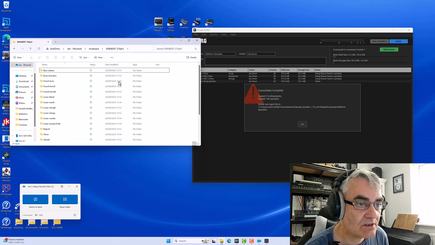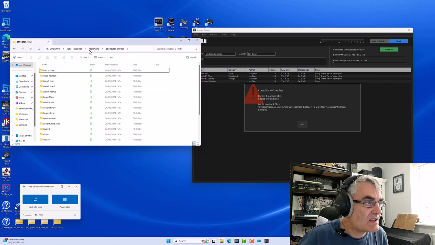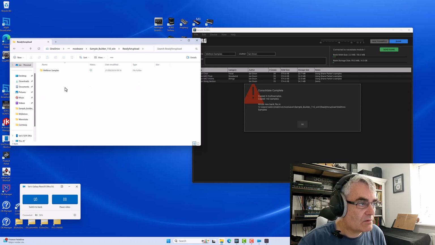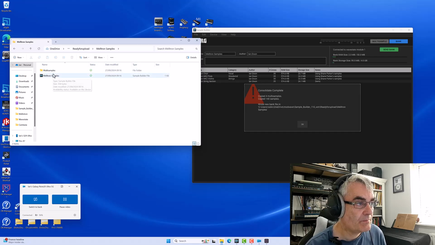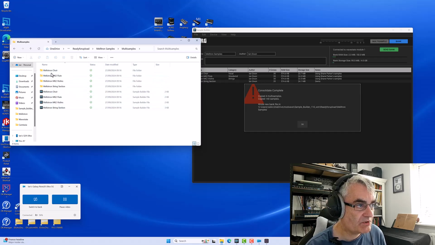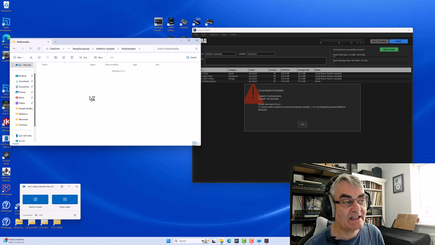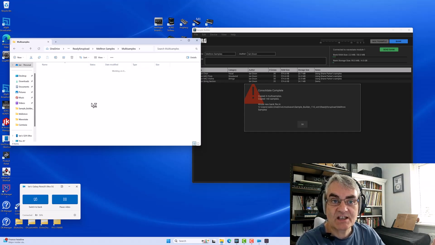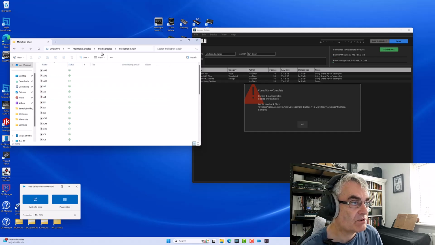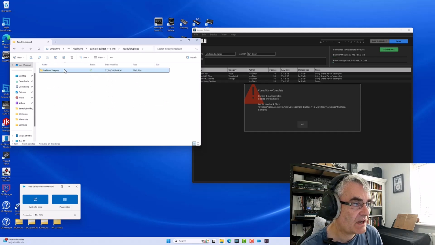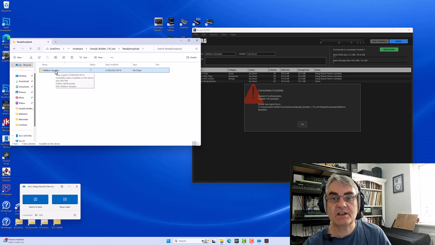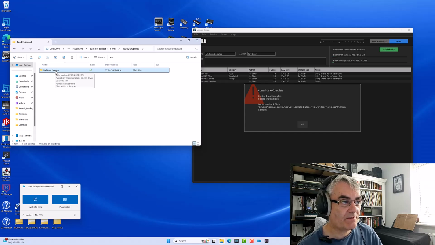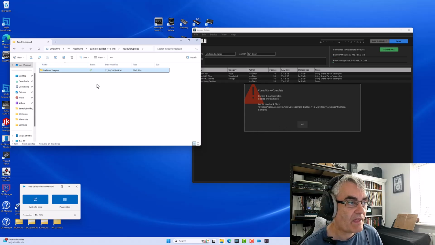So if we go and have a look in my sample builder folder, go to the ready for upload, you'll see there it's created a Mellotron samples, which was the name of the bank. It's created the bank master file, and it's created the individual multi-samples and the WAV files that are linked to that as well, because it's got to have those in the distribution. So then I would just zip that folder up, upload that, and when you bring those down to another synth, you download that folder, unzip it, and then